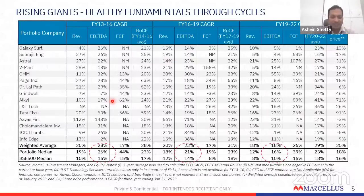So we don't look at share prices. Our whole focus of our research team is towards getting the company right on this framework, and that gives us the confidence about the intrinsic valuation of the company. And also, just to complete that, remember we call this framework the margin of safety framework for a reason,